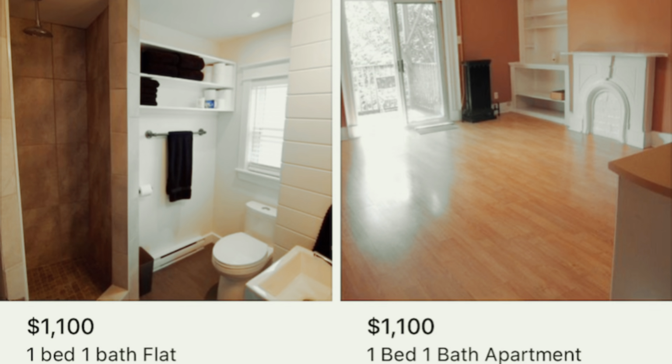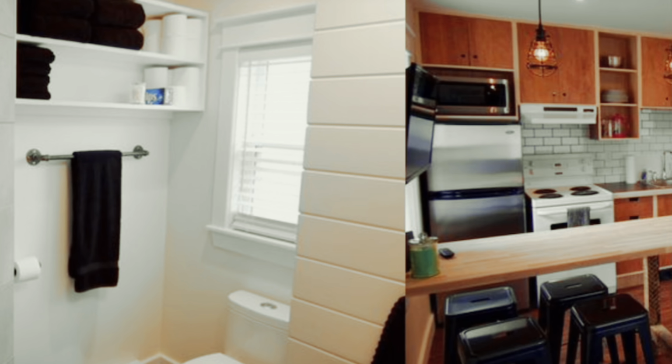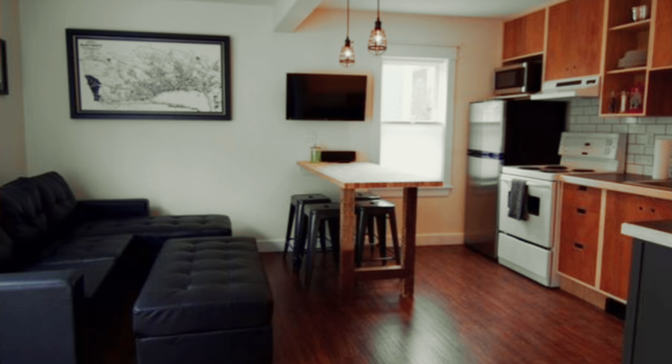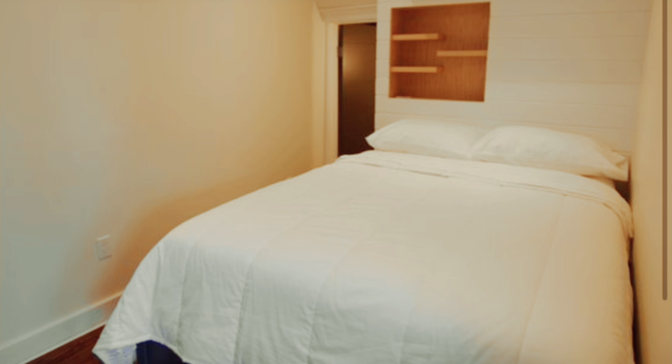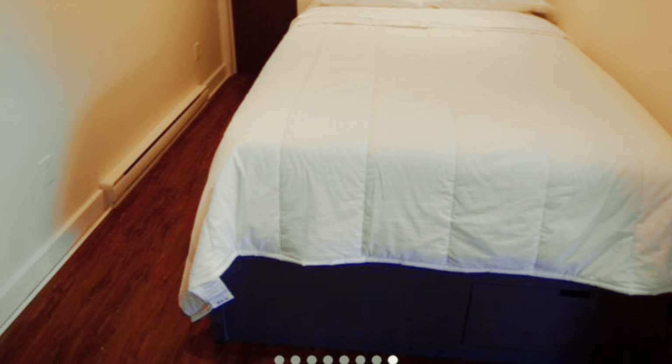So as you can see, there are a couple there. Let's have a look at this one. 1 bed, 1 bath. It's 1,100. I usually look first at the picture, and here I noticed instantly that the bed is just right across the kitchen. And I don't know if you'll mind that. I'd like to cook my own meals, so it's gonna be smelly for sure in the bedroom, and that's the living room. So it looks like it's a fairly small space, but if you're gonna be just by yourself and you don't mind this studio type of apartment, then